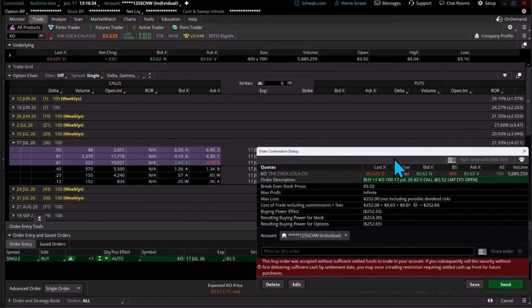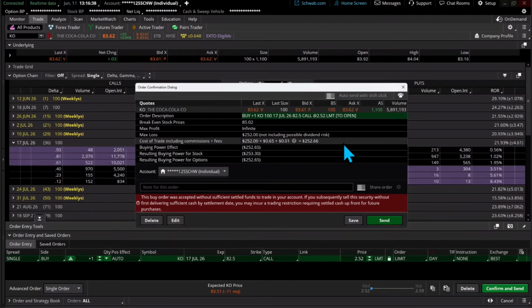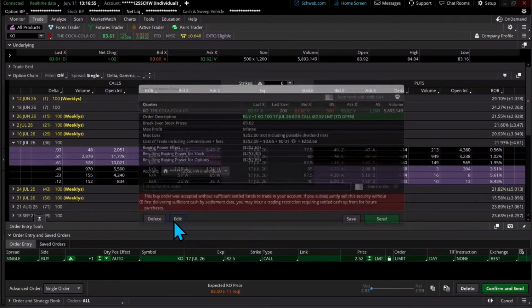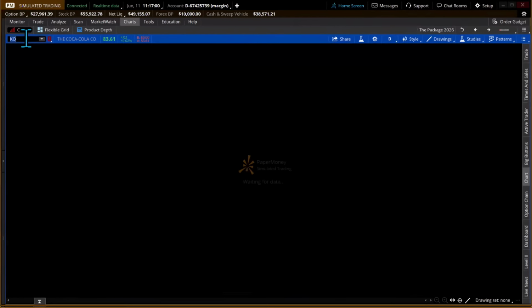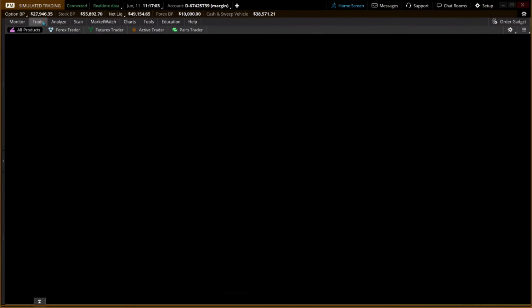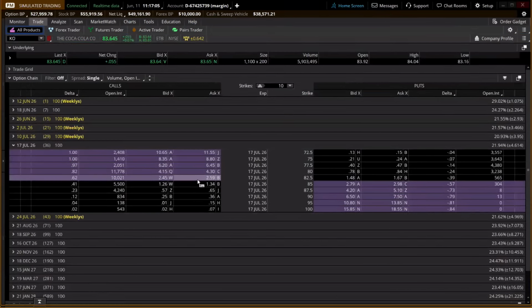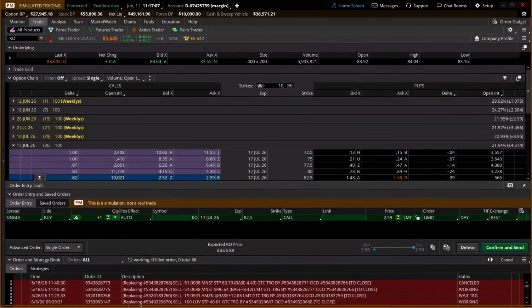Now, if we just buy this call, given this strategy, what would be the most the investor could lose with a long call? The most they could lose with a long call is $252, whatever they paid for the long call. Unlimited upside, or infinite, and you're going to see that we have a commission, one contract, 65 cents. Let's put this in the paper money account so we can follow through just like we did on the other one. I'm going to bring it to the trade tab, just like we did before.